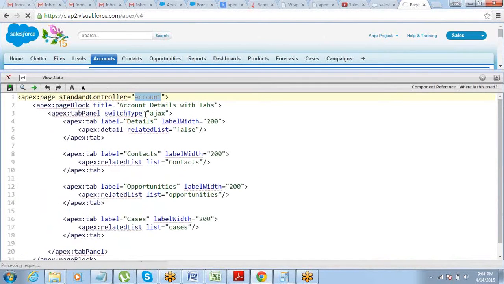the simple logic, standard controller is account. So which means anyone, just think about this. Anyone who has to come on this page has to be related to account in some way. Okay, it's his party, so he just invites his family, friends, guests who are related to him. So he does not allow anyone else to come inside that. Okay. Now campaign, because it's not connected to the account anyhow,